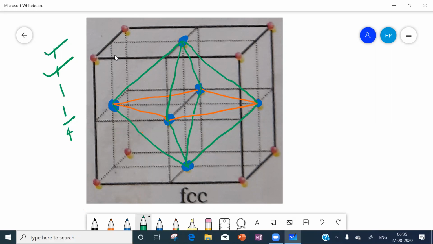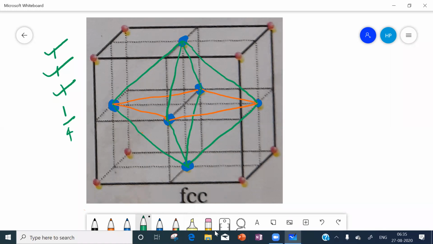Now we will take this as M, this as N, this as O. So from M you go to N, from N you go to O, from O you go to M. Is it a triangle or not? You see? Yes, it is a triangle. Okay, this is one triangle.